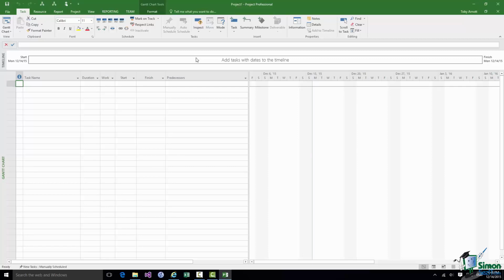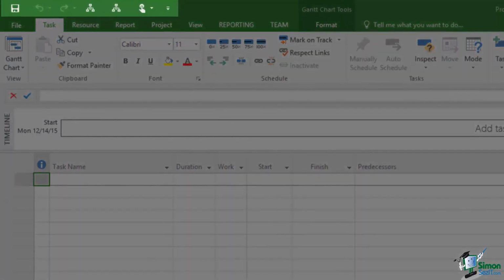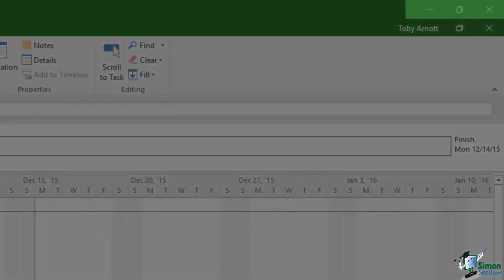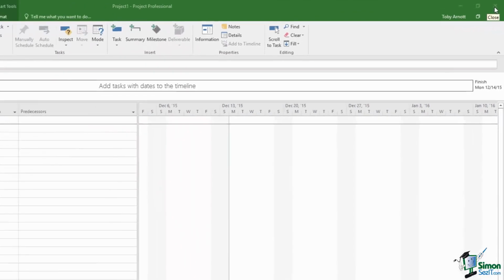What we need to concentrate on here is the workspace overall. So first of all, in the top left hand corner you have the quick access toolbar that I mentioned earlier on in the course. You may not see quite the same buttons as me there, but we'll come back to that in a couple of sections time. And in the top right hand corner you have some standard Windows buttons. Let me just hover over those. So you have minimize, restore down and close.